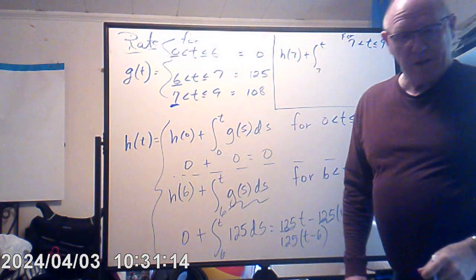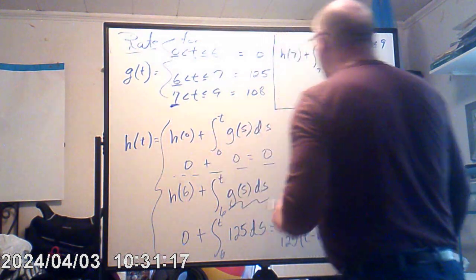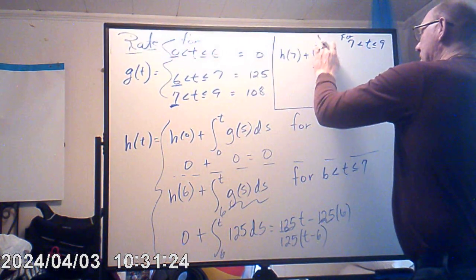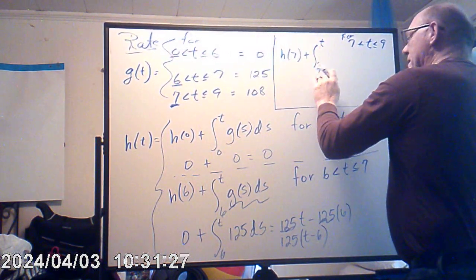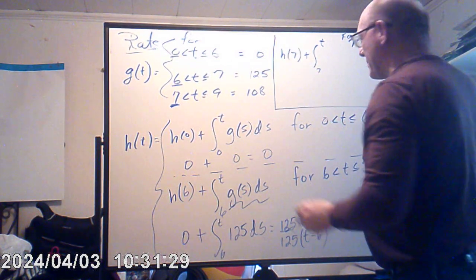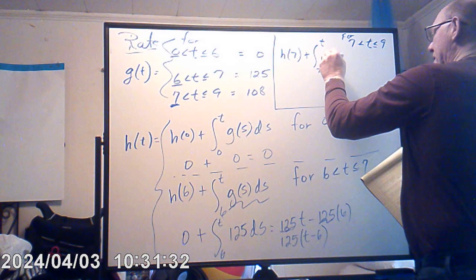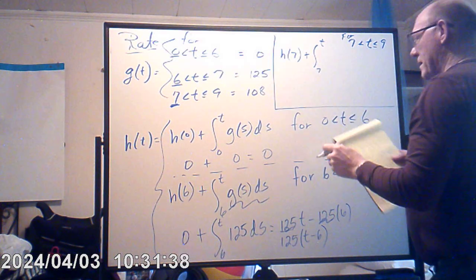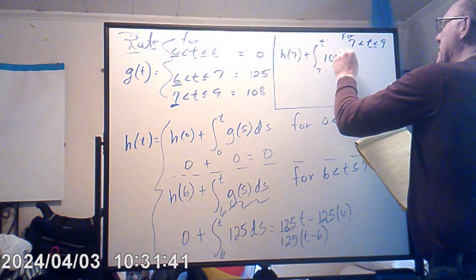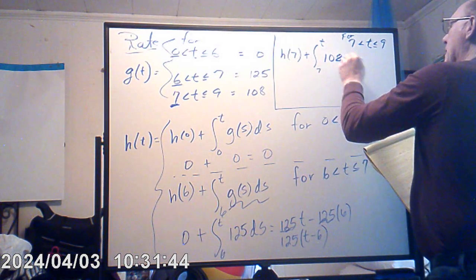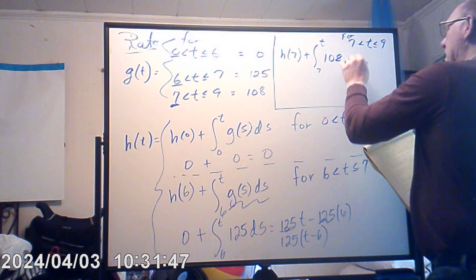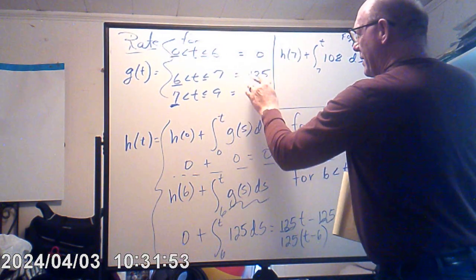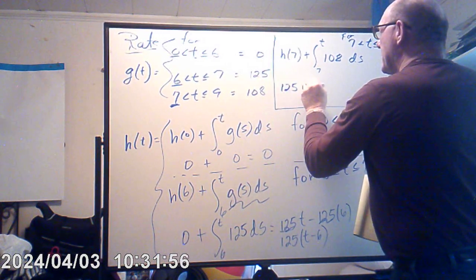The beginning of this hour here, so from 7, any t anywhere between here and here. That's why we do h at 7 here, plus this here. Now in this case it is h at t, but now it's 108 ds. And of course this would be h at 7, which we already know is 125, so 125 plus